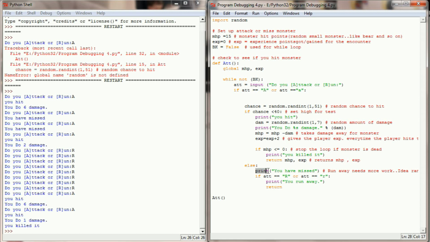Otherwise, they print "You have missed," meaning that the random number was between 40 and 51. And then we have another if check down here for "You run away." Just running through that program right now, I can see where one of the bugs is, and this might just be a side effect of copying and pasting from YouTube, but this check right here should be in line back here. Because what was happening with the current state of that if statement is if the user picked A for